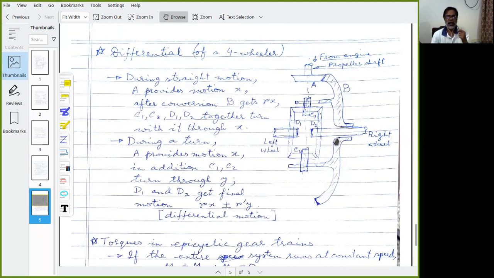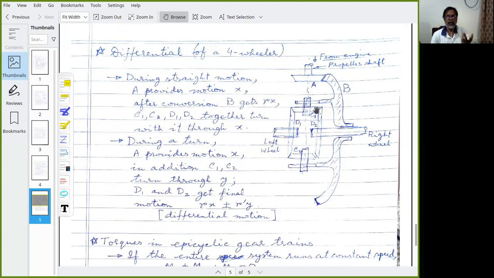So this crown gear is connected to that, and that is actually free to turn relative to this shaft of the right wheel. Okay. Now, from the crown wheel or crown gear, one extension here and another extension here. This holds the shaft, this also holds the shaft. And these two shafts